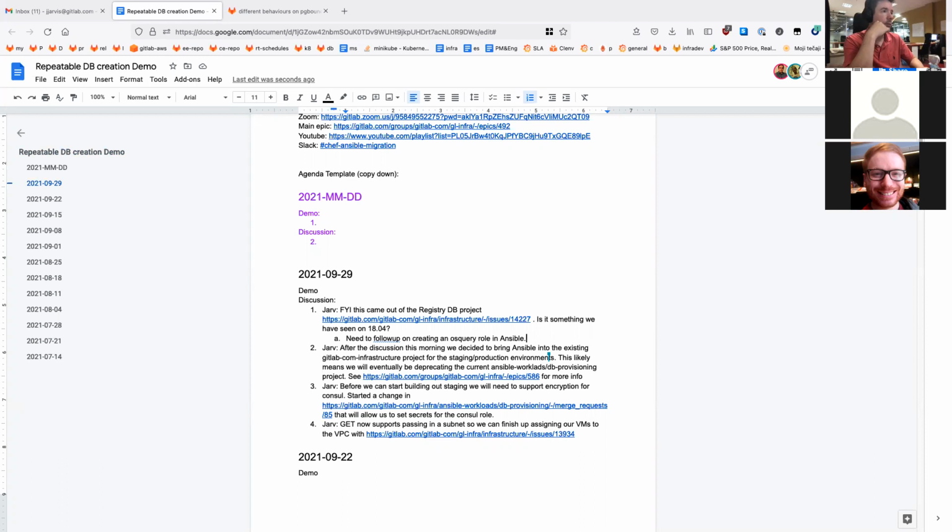Before we do that, we need to support encryption for Consul, which is item number 3. I submitted an MR to get those changes started. This creates environment secrets and a secret for the encryption for Consul. I had to de-vendor the Consul template from GET because GET doesn't support this right now. Grant's on here, but we talked about it and it sounds like we're going to wait until Omnibus officially supports this before we do anything in GET, right? Yeah,